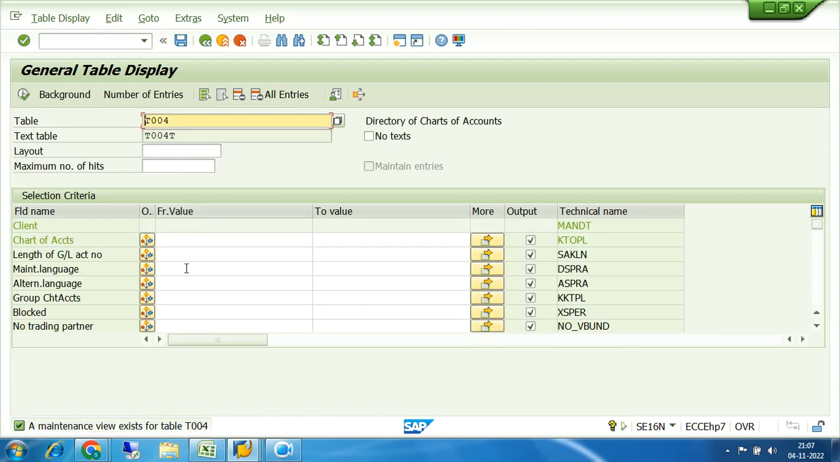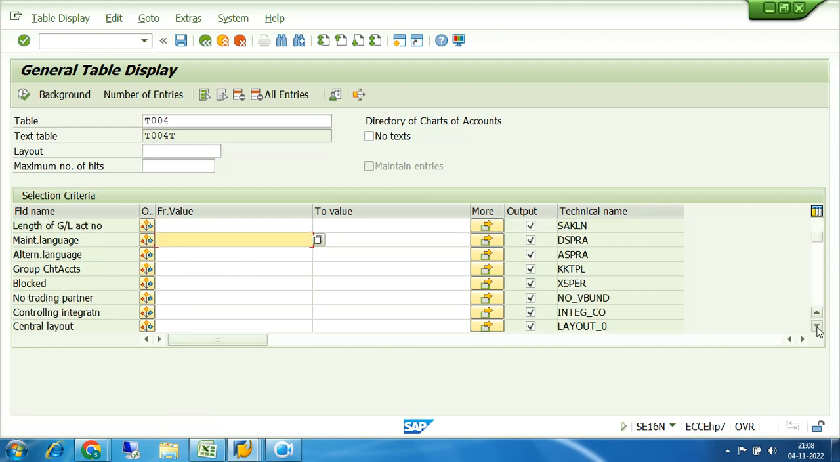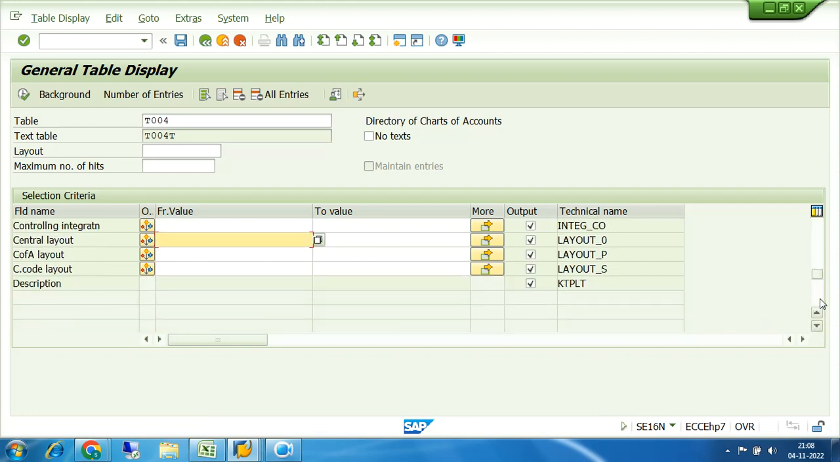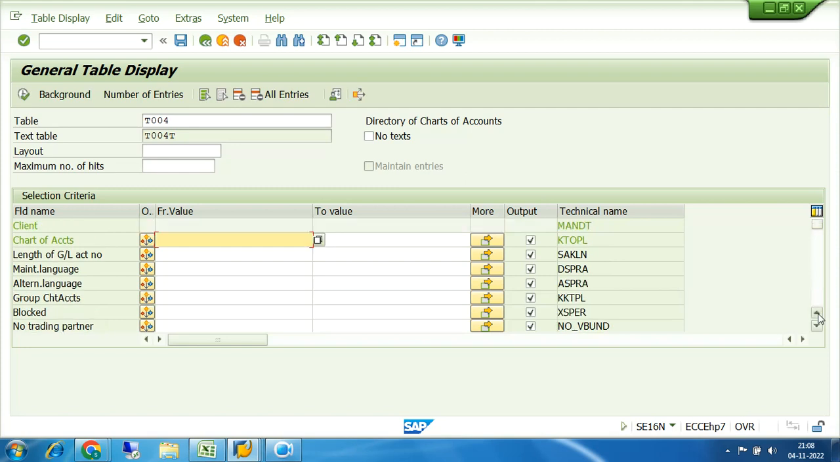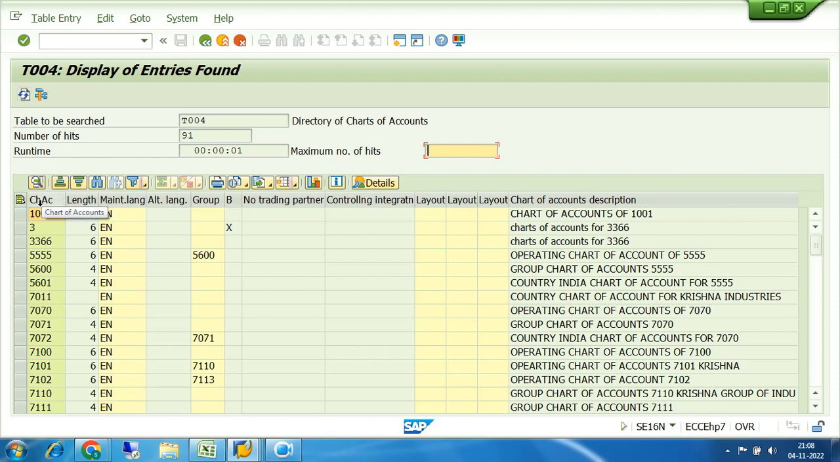Once I press enter, it shows these field names and these technical names. Suppose I want to find all the entries in the system itself, in this client. In this case, I don't have to specify anything regarding chart of accounts or anything else. What are the options? These are the options which can be used to filter your requirements. Suppose I don't want to filter as per my chart of accounts or maintenance language or anything else. In this case, just by putting the table name, I can click on online. Once I click on online, all the data comes, 91 numbers of